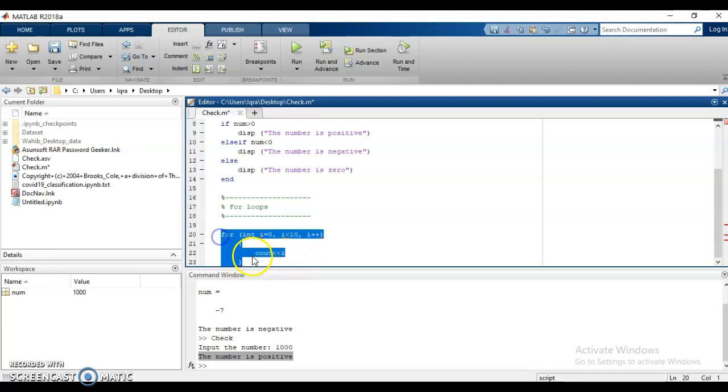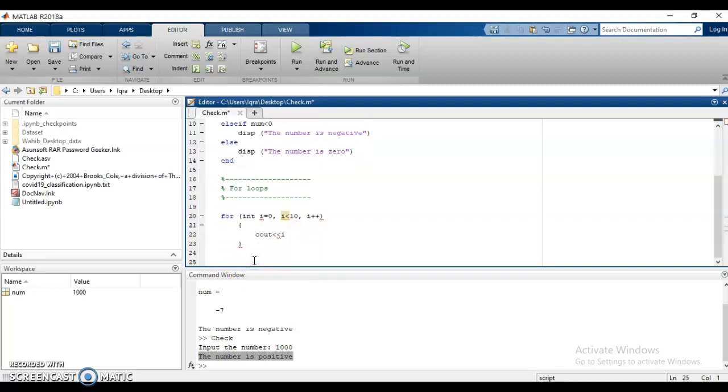Now, if we are going to write a similar for loop in MATLAB, this is not the format to write the same code. The code simply displays the numbers from 0 to 9, the first 10 numbers.